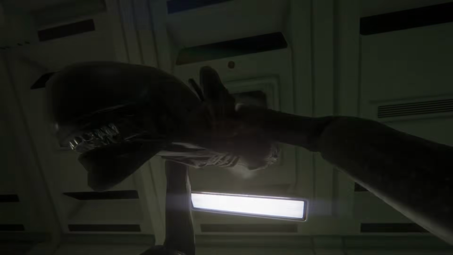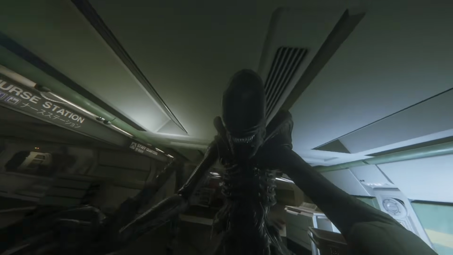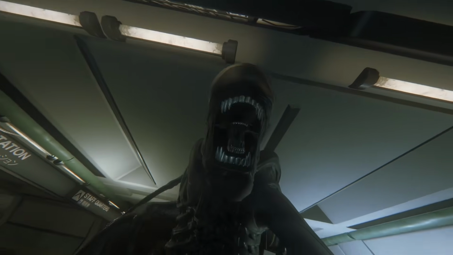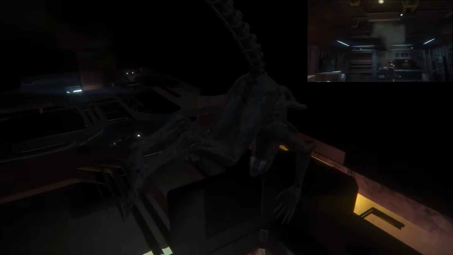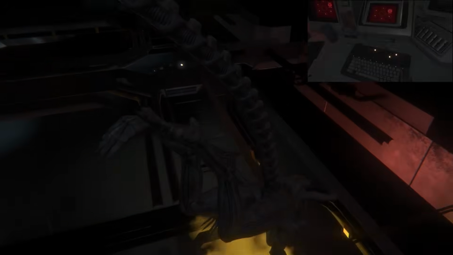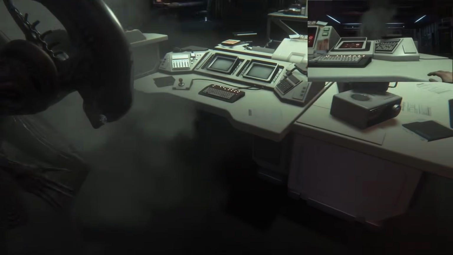That is psychological horror, because now fear isn't coming from the screen, it's not coming from what was put in front of you to overcome, it's coming from your own self-doubt. Humans survive by learning patterns, and Alien Isolation punishes that instinct altogether. Every time you rely on a strategy, the game tells the alien, just so you know, this guy or gal likes to do that, so go get him.